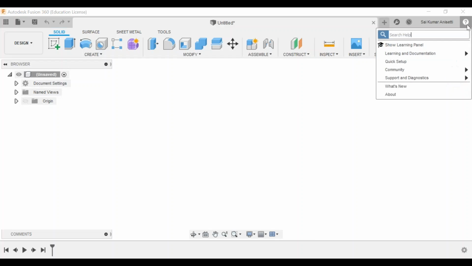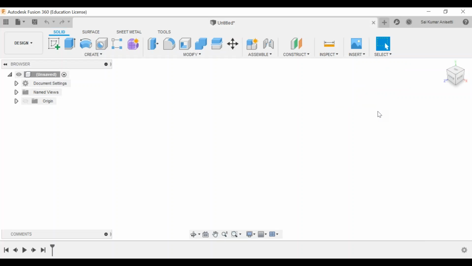The second step is to go to Support Diagnosis, Clear Cache Data. If you clear cache data, everything will be cleared and Fusion 360 will be refreshed. Always, once your work is completed, clear the cache. You do that command just to clear your junk. That is about your toolbar in your model workspace and your help command.